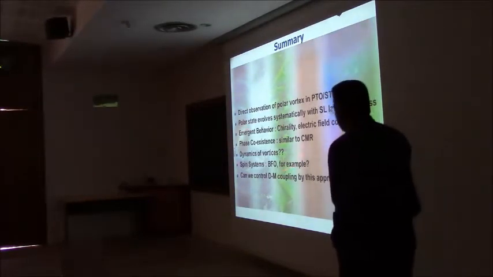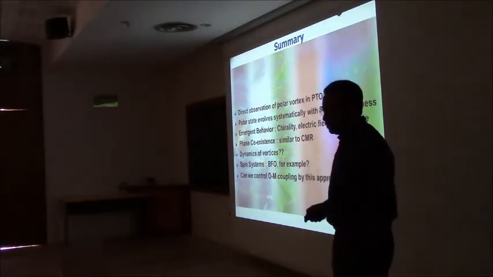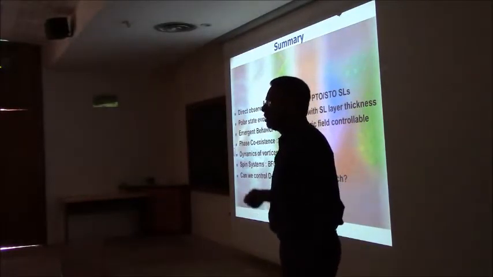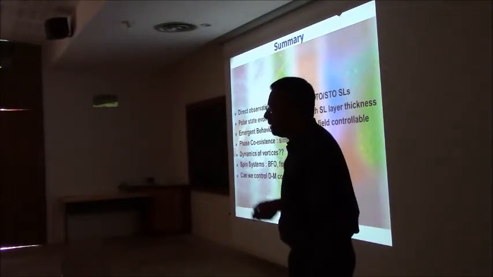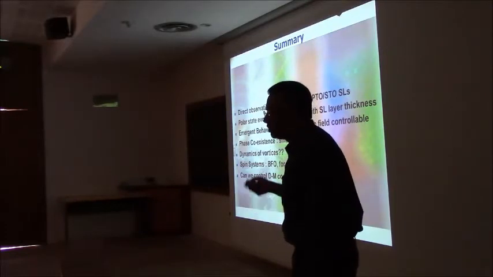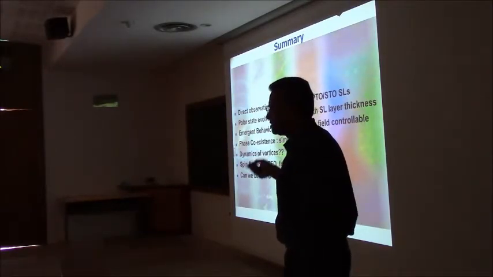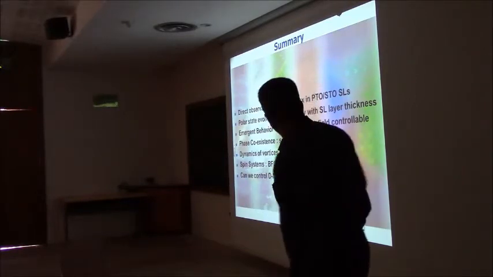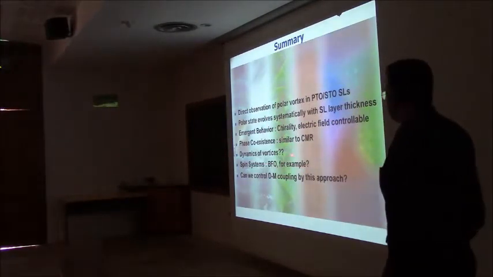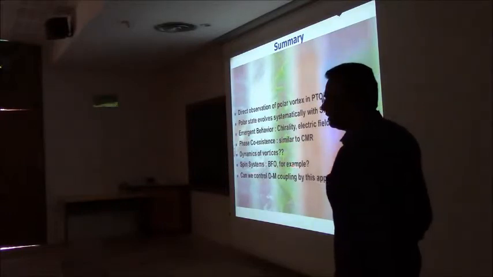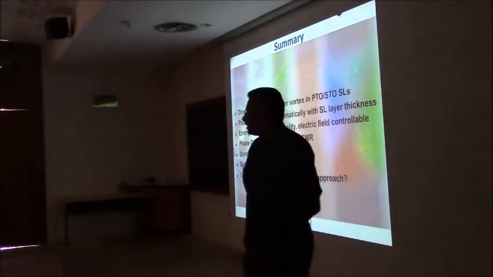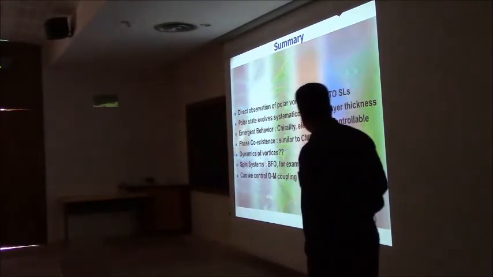I also showed you data on phase coexistence, which again, you could think of as a kind of rational way to design a manganite type system. Manganite was an accident. We were looking for something totally different. We ended up with something which showed very large magnetoresistance. So we can start to design these. We don't understand much about the dynamics of these vortices, just because we haven't really gone deep into it.